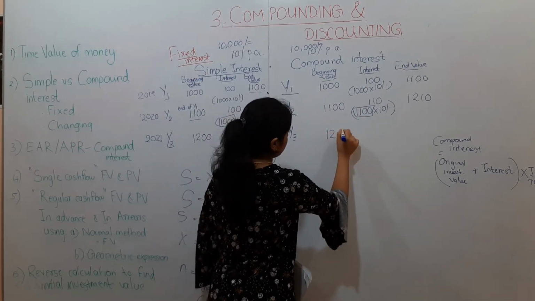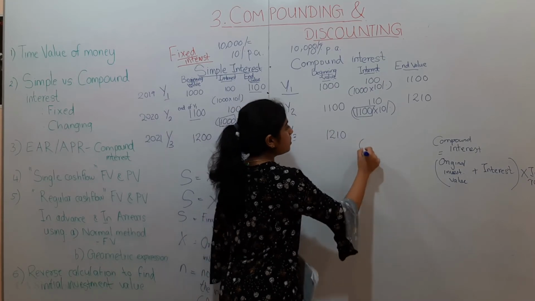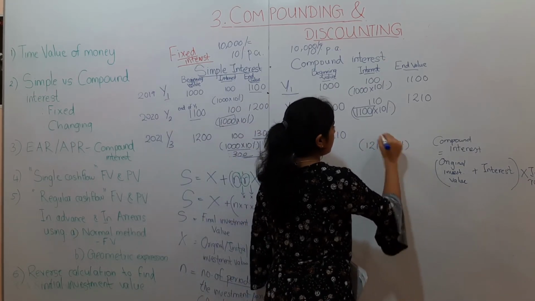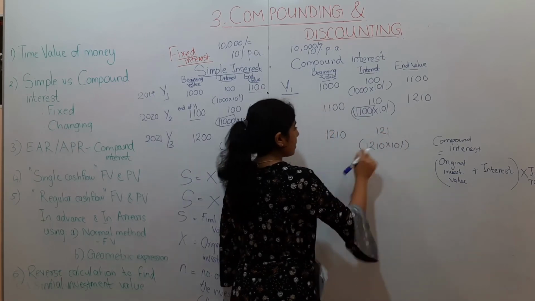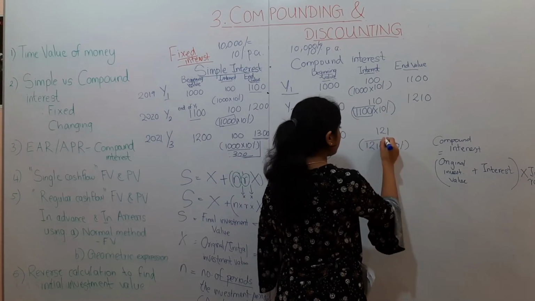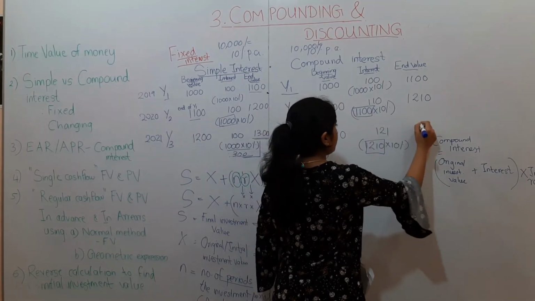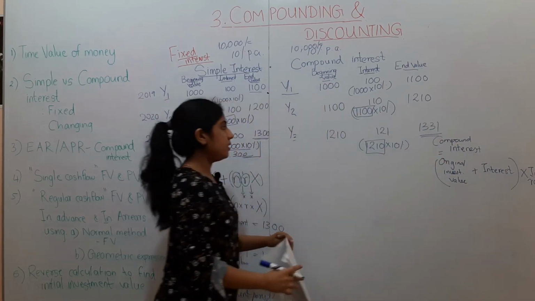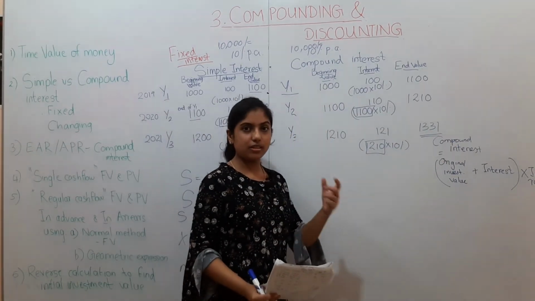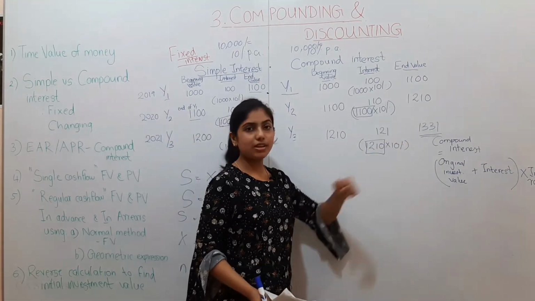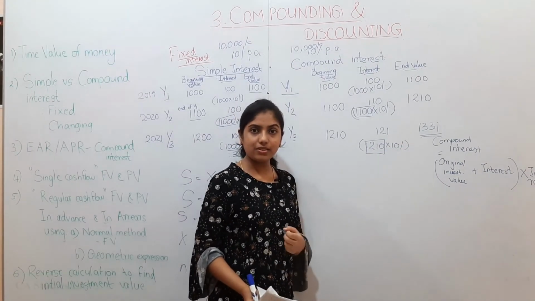So 1210 multiplied by 10% will give you 121. 121 plus 1210, so this is the key, it will be 1331. So you see, the investment value using a compound interest mechanism will give you 1331 as the end value,